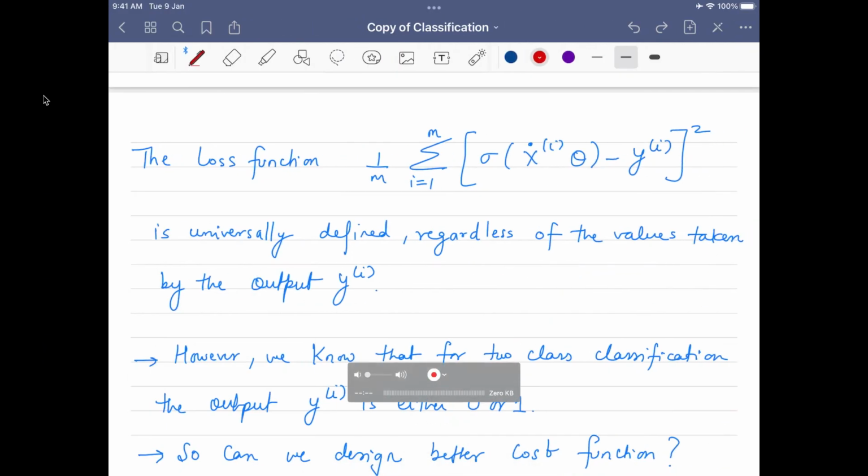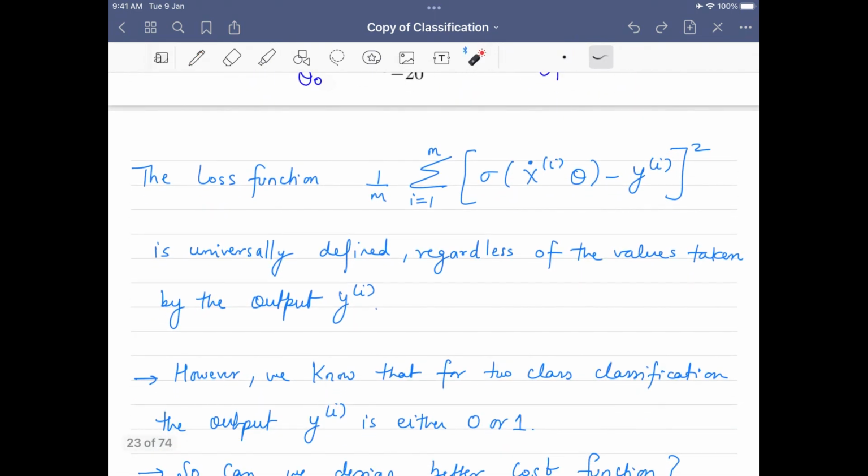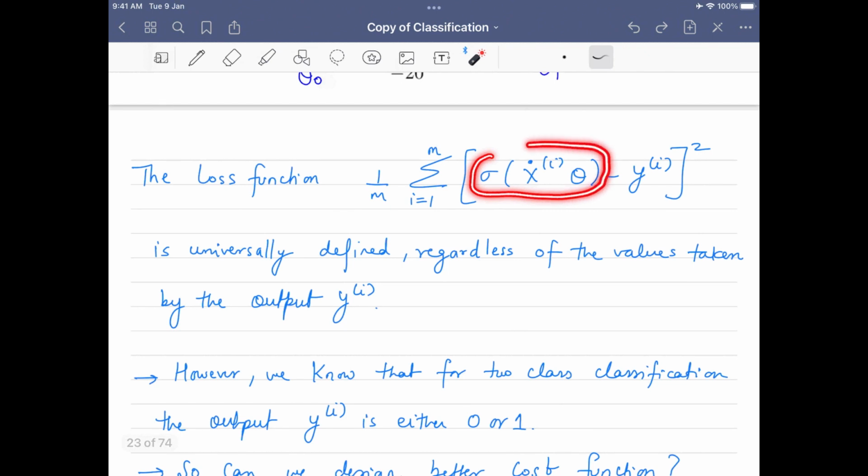Okay, so in the last lecture, what we were discussing is this particular loss function, and what we saw was that this particular loss function basically has two problems. The first problem is that this sigma that we have over here creates the cost function as a non-convex cost function, which I had discussed in the last lecture. So because of this particular factor involved in this